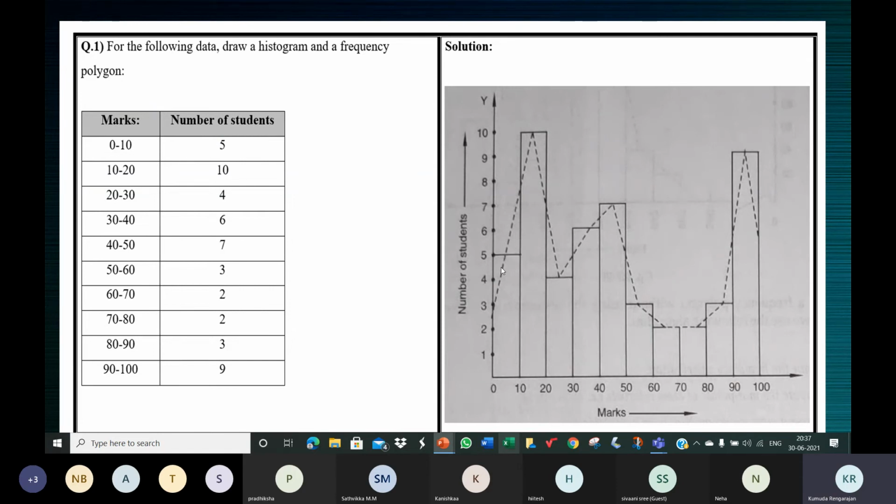Start connecting, but stop when you meet the y-axis like this. Don't enter the negative side, because marks don't extend. There's nothing like negative markings here. So it starts only from 0 to 10, which means the marks don't extend to the negative side. It is okay if you join this point to -5, it's fine. Otherwise, as you try to join, you can stop when the line segment hits the y-axis like this. You can stop here. If you extend this, it will come up to -5 here.